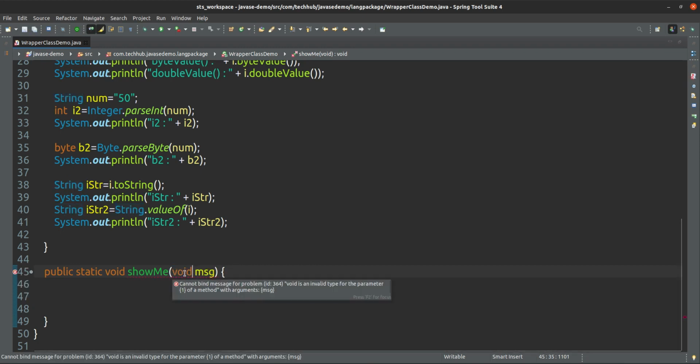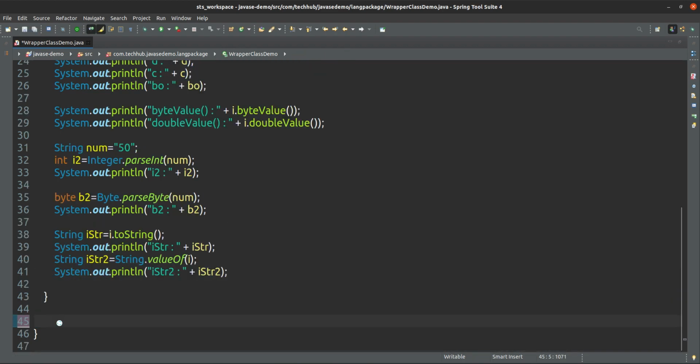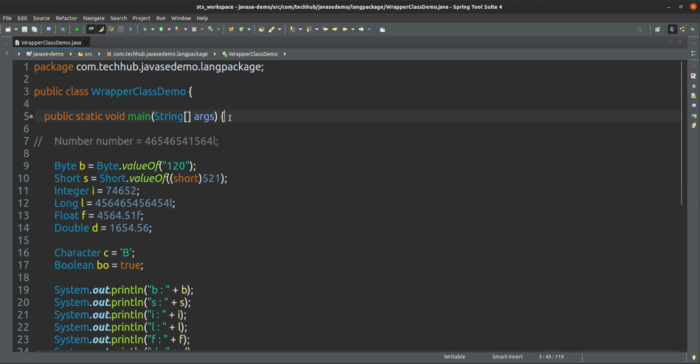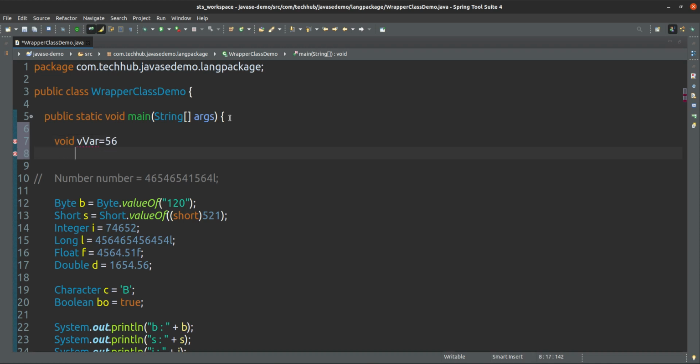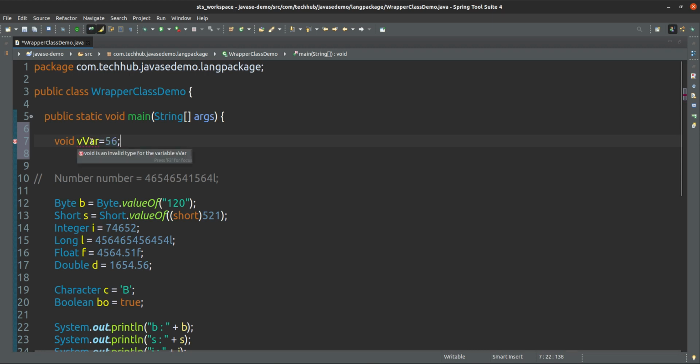If you give it, it says: Void is an invalid type for parameter. You cannot give that. And you cannot declare a variable like void var equals an integer either. It will say: Void is an invalid type for variable. You cannot give that.